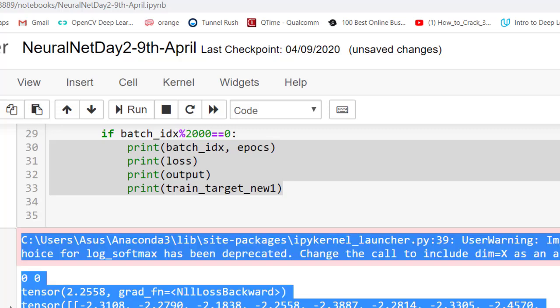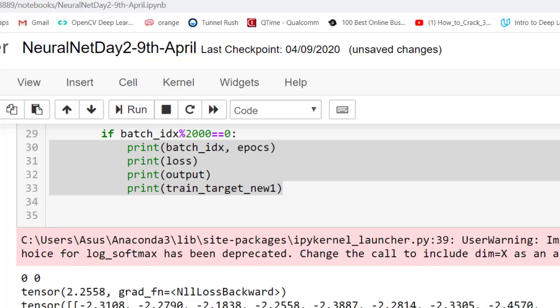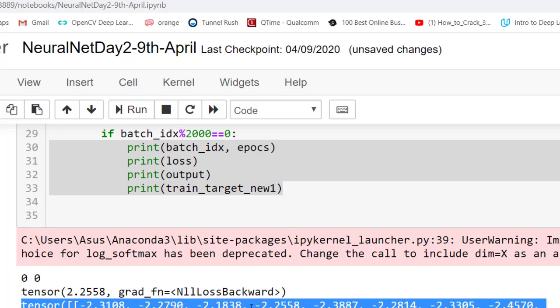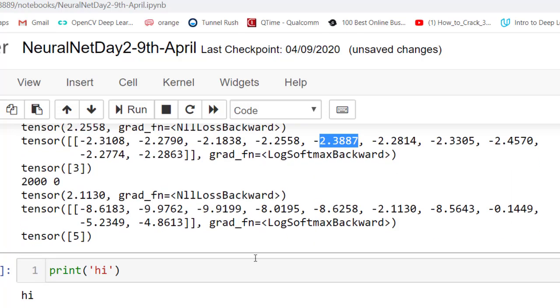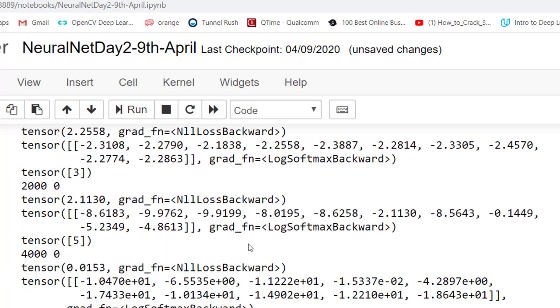The whole goal of this neural network is to bring these numbers closer to the actual target value. So let's say my label 0, 1, 2, 3, the fourth label was the correct label, then that value should be minimum. That should be maximum. So it will take a while, this is running.